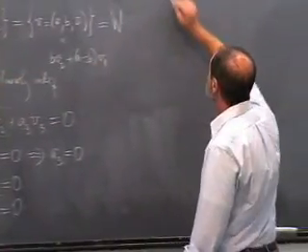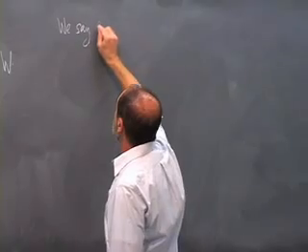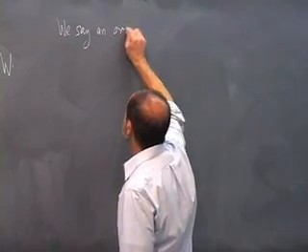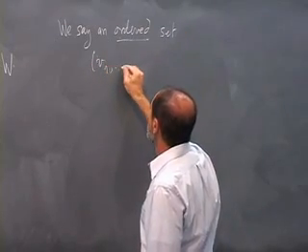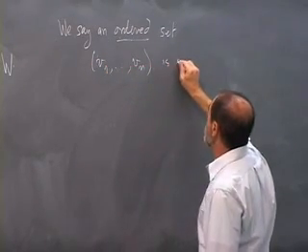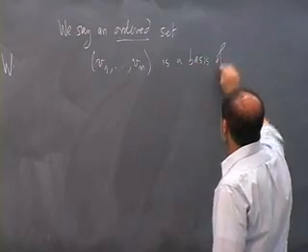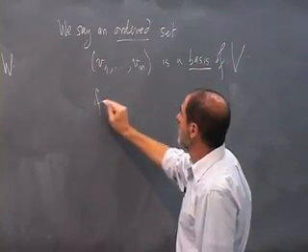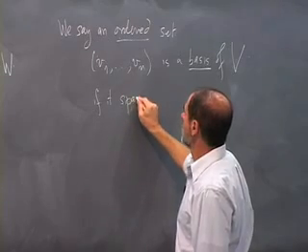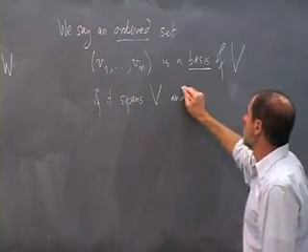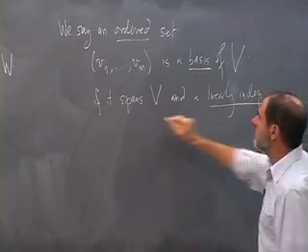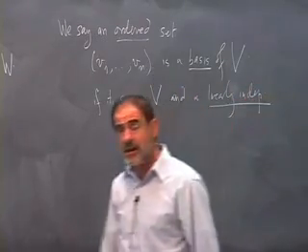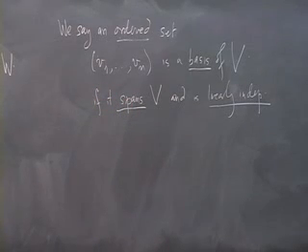Okay, we say an ordered set, and this is important to have it ordered, V1 up to Vn is a basis of V if it spans V and is linearly independent. So you need both conditions. You have to write every vector as a combination of these. That's the span. And if you had a combination that's 0, all the coefficients are 0. What this means